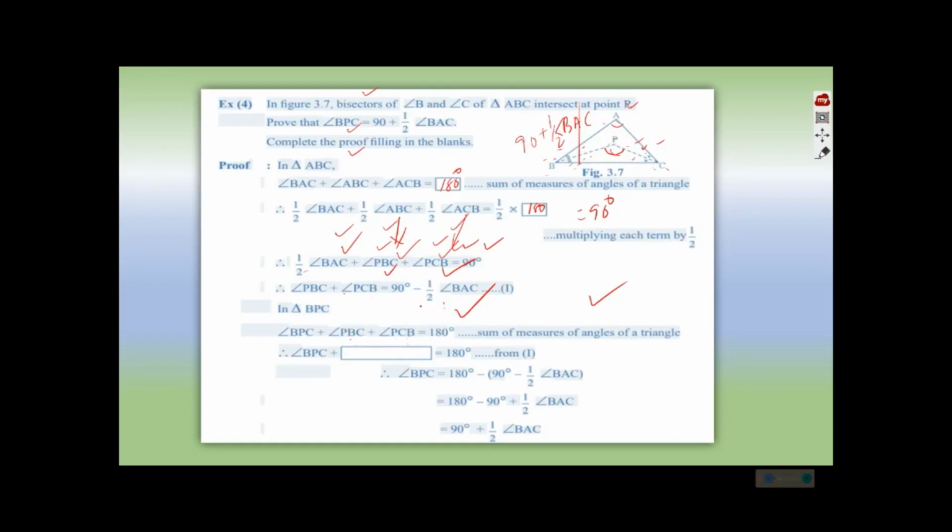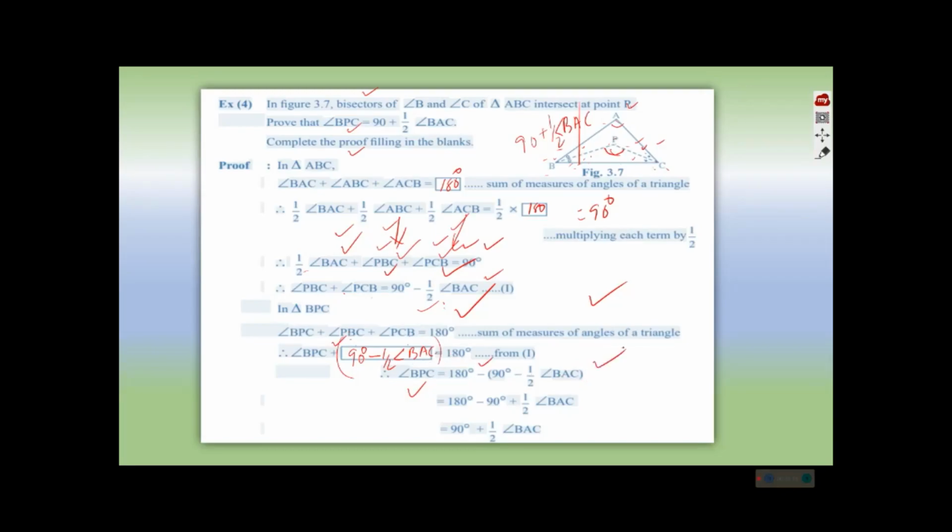PBC plus PCB is equal to, क्या लिखा है हमने, 90 माइनस हाफ ऑफ BAC. वो हमको इधर लिखना पड़ेगा 90 डिग्री माइनस हाफ ऑफ एंगल BAC जो हमको मिला है, मतलब एंगल BPC इक्वल ये पूरा राइट साइड में जाएगा, तो ये प्लस माइनस हो गया और 90 माइनस हाफ